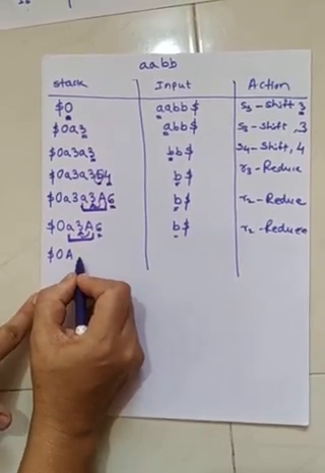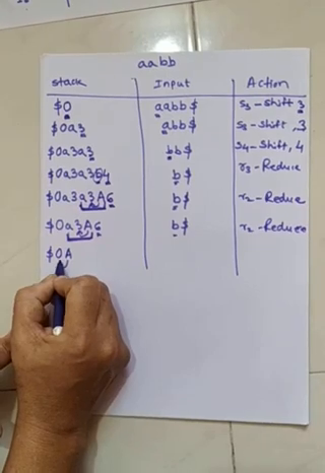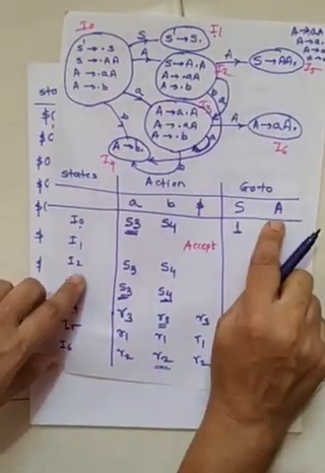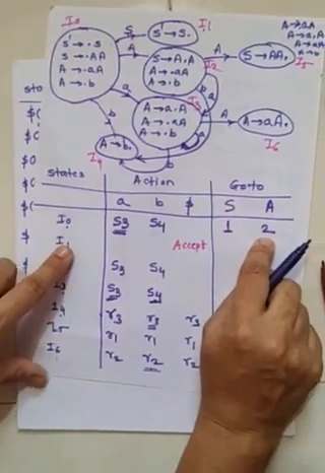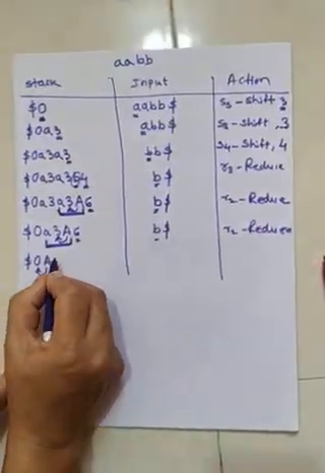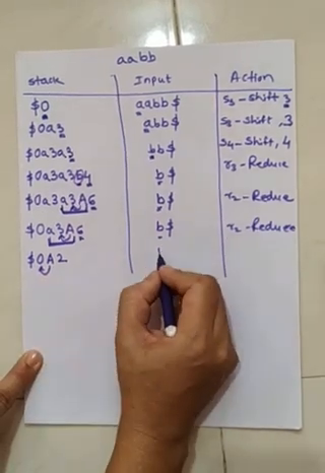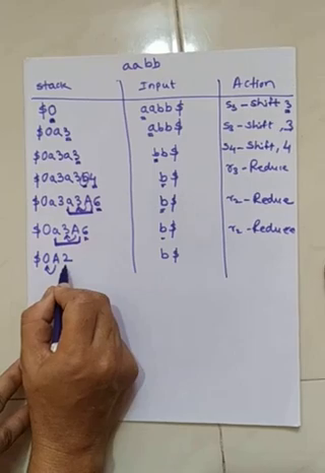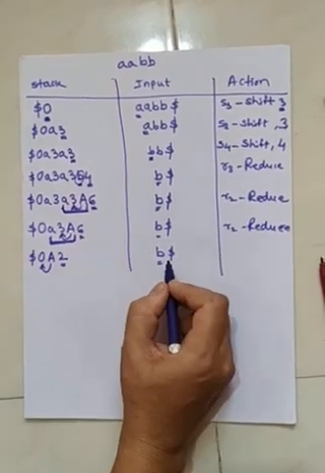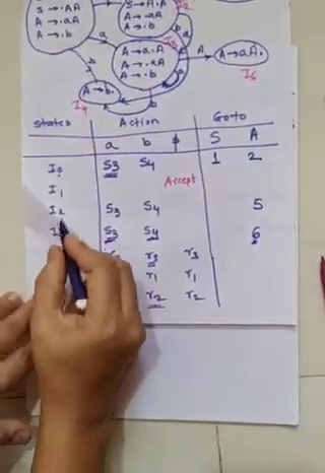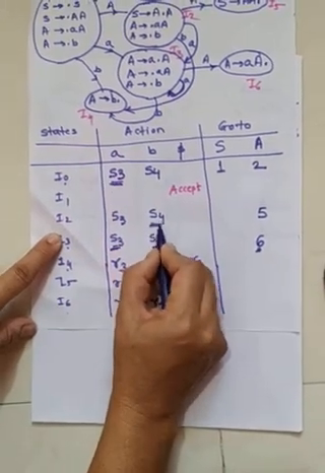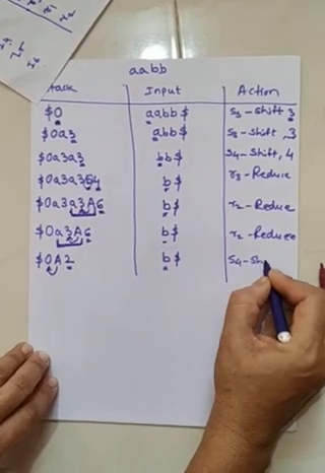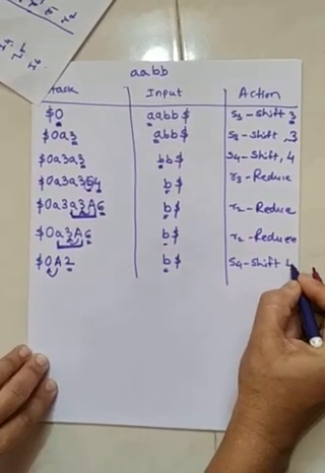Now again we have to find here. So again looking into reverse manner for non-terminal A 0 state. For non-terminal A 0 state, 2 number is there. So state 2 here we write and B and $ in input as it is. Now again next for state 2 terminal B. So for state 2 terminal B is S4, that is shift action. So S4 means what? Shift the terminal and go to state 4.